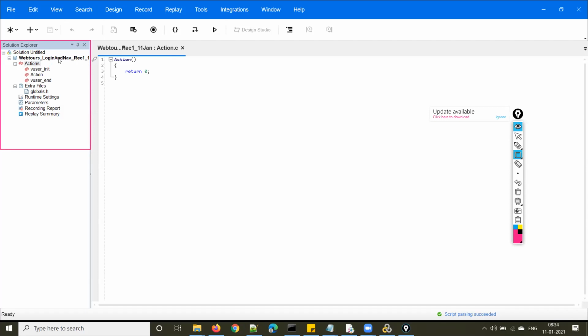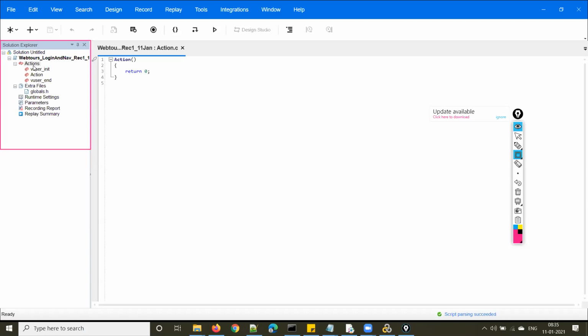So you see the script name in bold, right? That means when you have more than one script, only one script name will be bold like this, highlighted like this. That means that script is the active script.